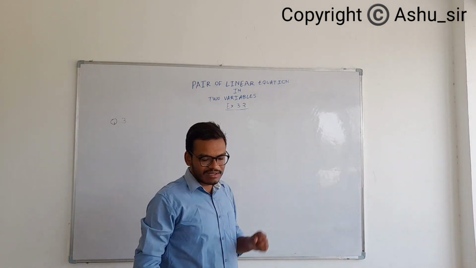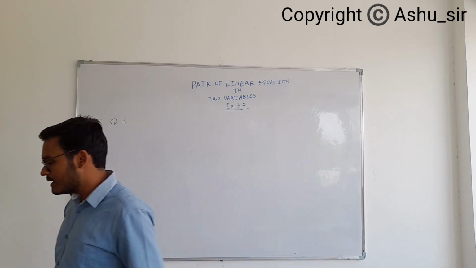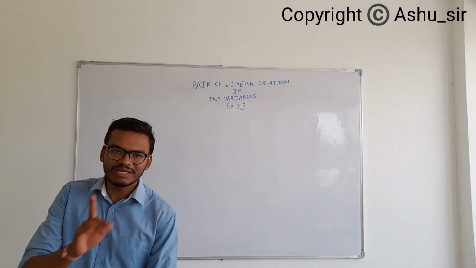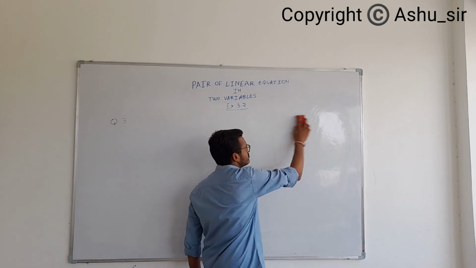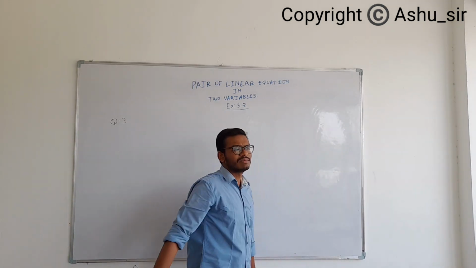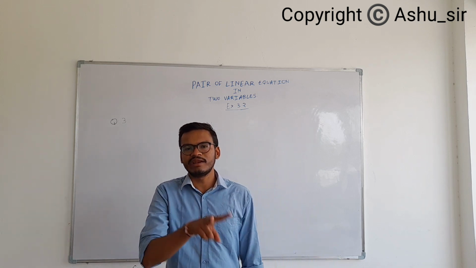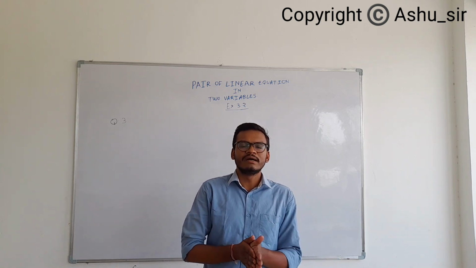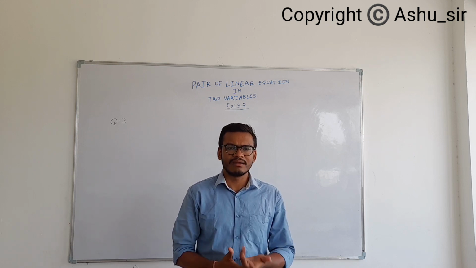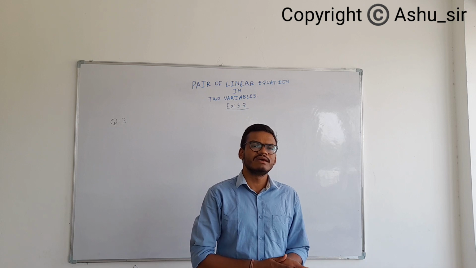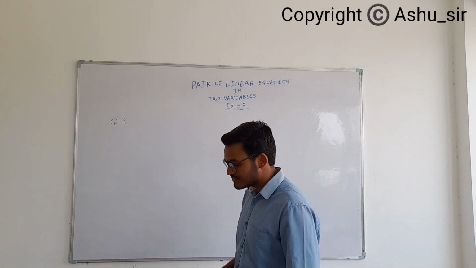So first of all consistent और inconsistent के बीच का डिफरेंस जान लेते हैं. Any pair of linear equations is said to be consistent if it has a solution. अब उसका solution है उसका मतलब क्या है? That either it has a unique solution or it has infinitely many solutions. In these two cases, the equation is said to be consistent. And if the equation is parallel or it is having no solution, then it is inconsistent. Right? चलो, let's start. So first one start करते हैं.